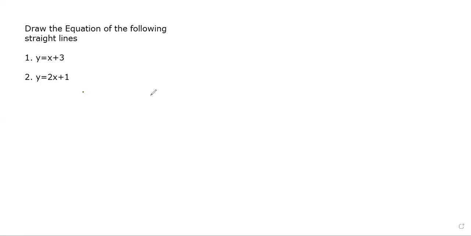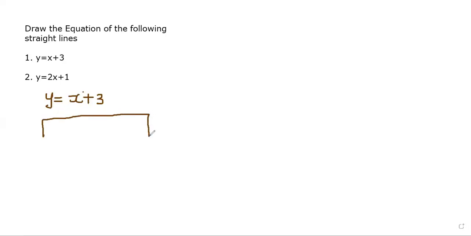So in this session, we are doing functions, grade 8. Here they're saying draw the equation of the following straight line. Number one, they want us to draw the line given by y equals x plus 3. For you to draw this line, you must have what you call a